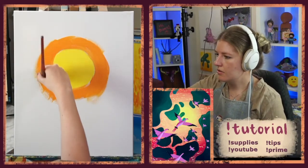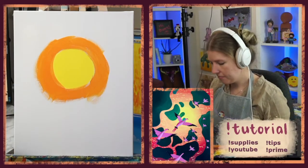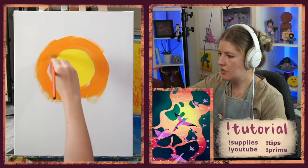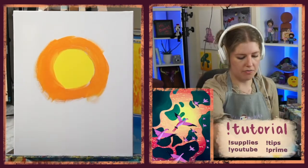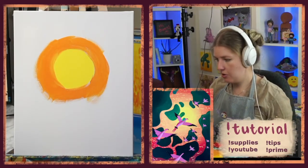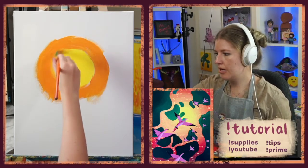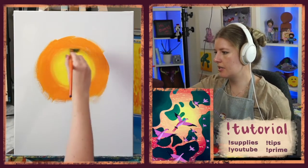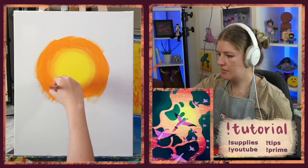So I'm going around, and after I add some orange, again, I'm going to blend it. So in order to blend, what I've done is I've taken that same brush, I've just kind of given it a quick wash, maybe a quick little tap on my towel or paper towel or whatever you have around. And I'm just moving the brush in between those colors. So I like to kind of just go around like this. I'm almost like swirling, maybe not continuously, maybe I work on one small section at a time, but